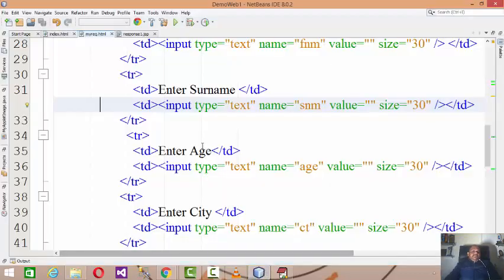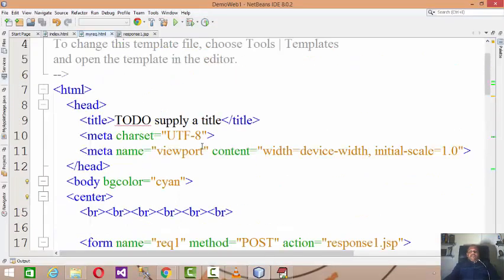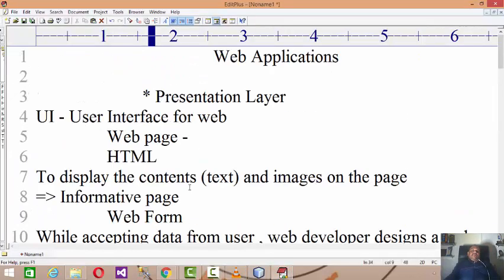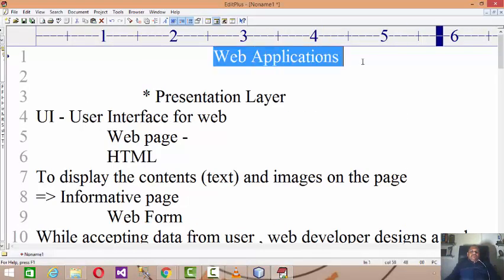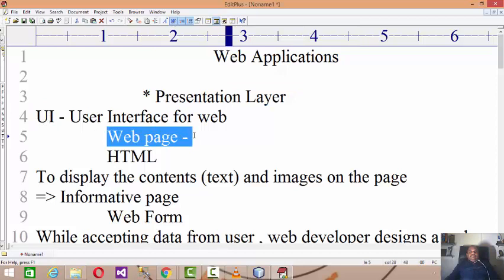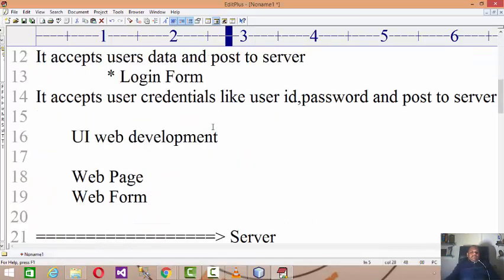I'm taking very simple examples of how we can generate the request and response page. What I discussed is that whenever you are dealing with web applications, in the presentation layer we have to create two types of web pages: a UI web page, which consists of text and images, that is an informative page, and second is a web form.